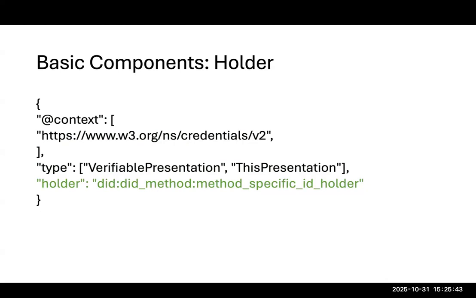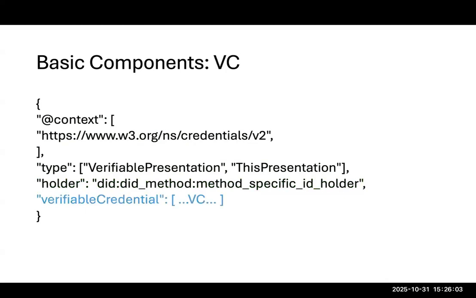And so, since there is no issuer, essentially in this way the holder can say, oh, I am the holder of the verifiable credential. Then the verifiable credential: I cannot simply copy and paste part of the verifiable credential, otherwise the proof is not valid anymore. So I have to put the whole verifiable credential